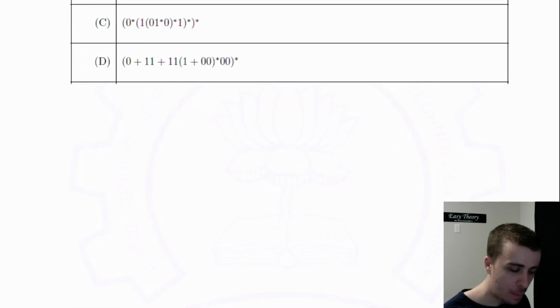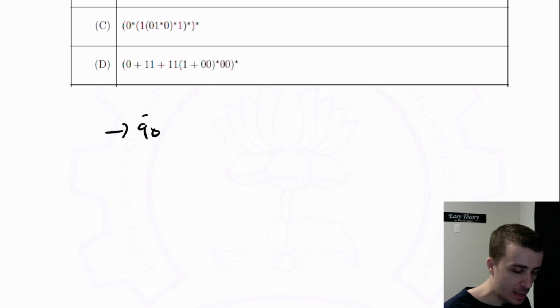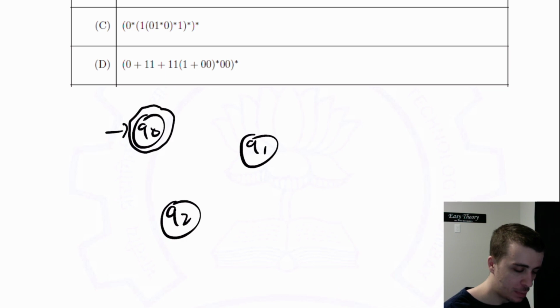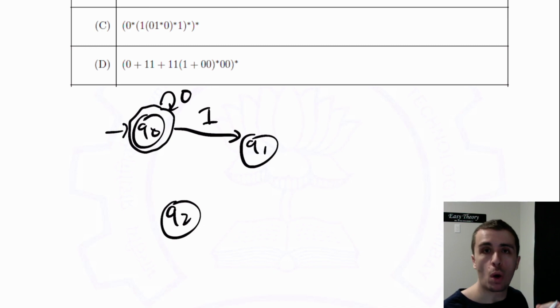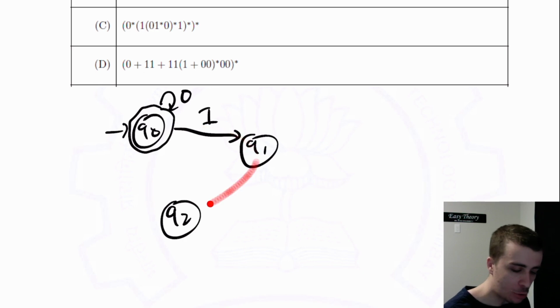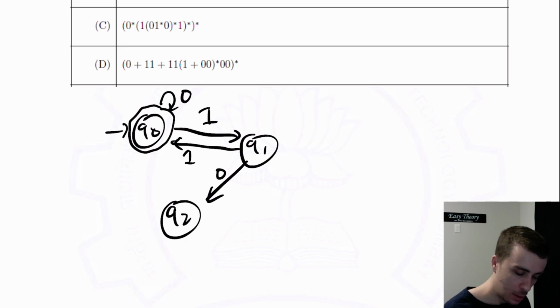Well, so let's see. All binary numbers divisible by 3. We've made this DFA many times on the channel. So Q0 is going to be the accept state. And what we do is we look at the binary representation, and 0 represents multiplying the number by 2. 1 means multiply the number by 2 and add 1. So then we just keep track of what the remainder is over time. And we've done this many times on the channel. And then 2 would go to 1, and then 2 would go to itself.